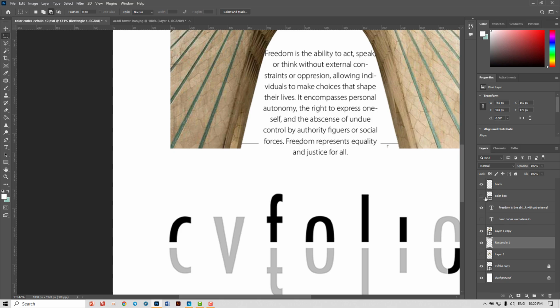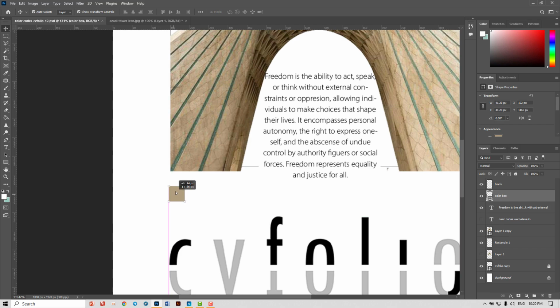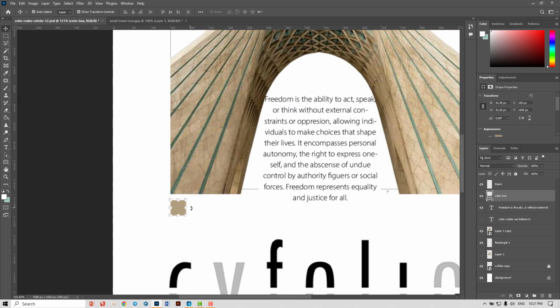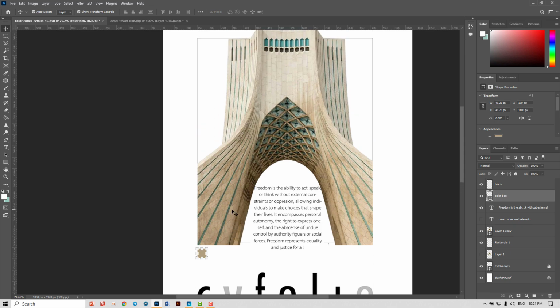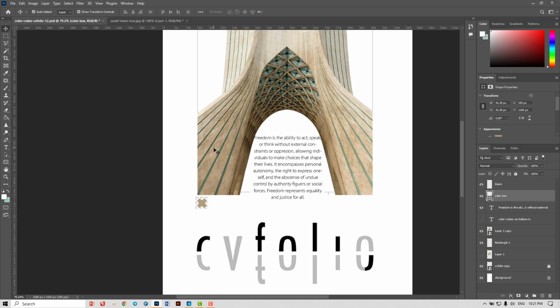So I click on this layer that I prepared from before, and now we have to relocate this square. I bring it here. As you can see, when we move the square, these guidelines appear, and they help us to locate our object in the exact part that we want. So I put it here, and now we can bring some colors from this picture as a color palette and